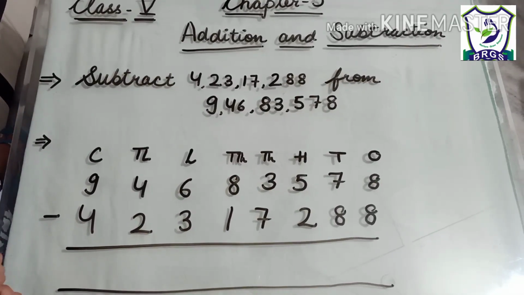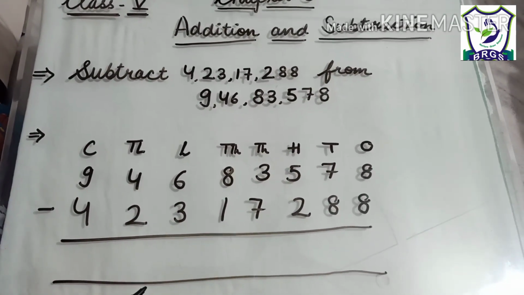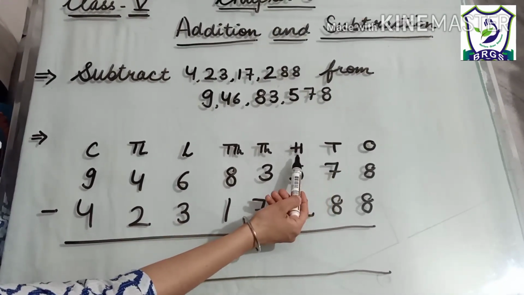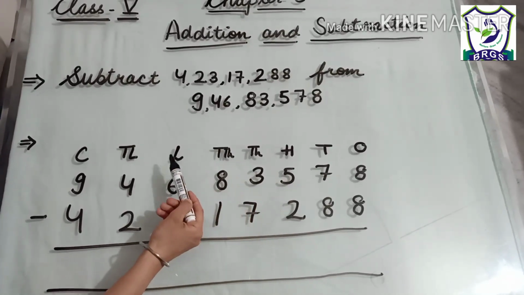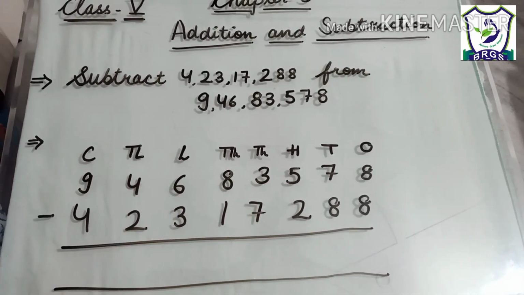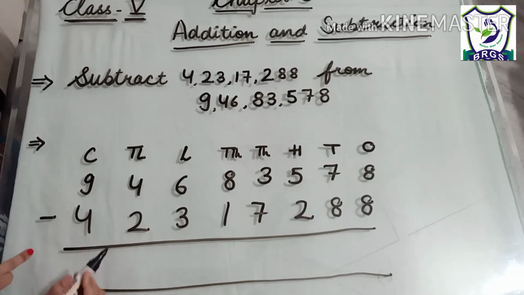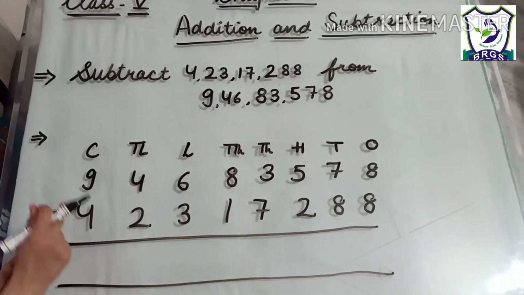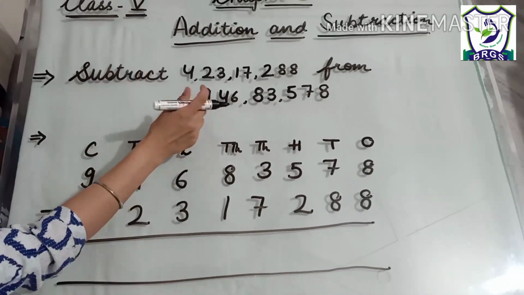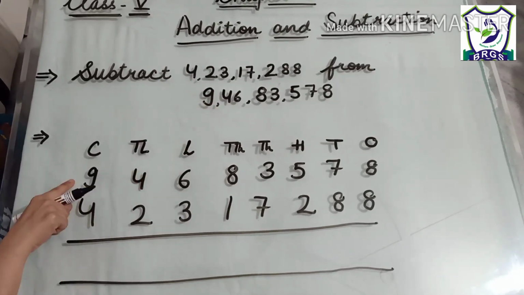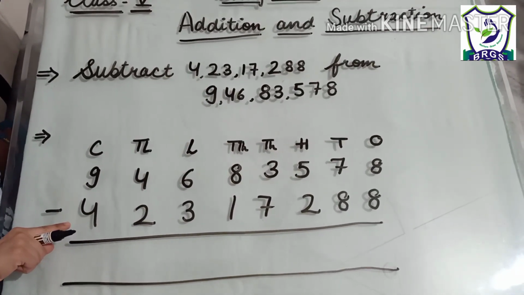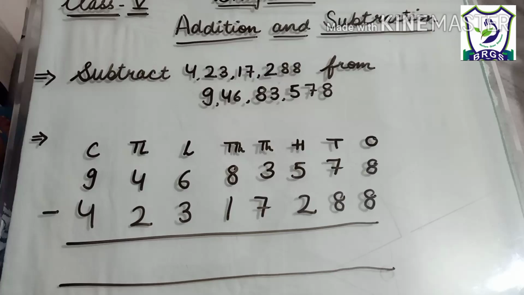Okay, first of all, we will arrange these numbers into the columns like ones, tens, hundreds, thousands, 10,000, lakh, 10 lakh and crore. I told you that we will always subtract the smaller number from the larger. So you always pick the larger number at the first place and the other at the second place. Now we continue our steps.